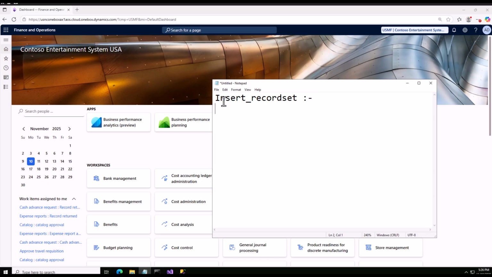But let us say you want to do some kind of modification as well. At that time this record insert list is more useful, because here the concept is you will create a list, and then you will simply do a loop, and from that loop you can copy the data to the table fields, but you will not do the insert. You will do the insert at the end using the dot insert database function, so that you will only have a